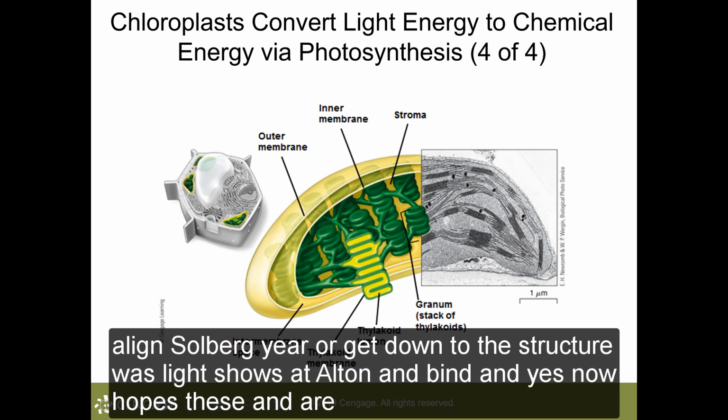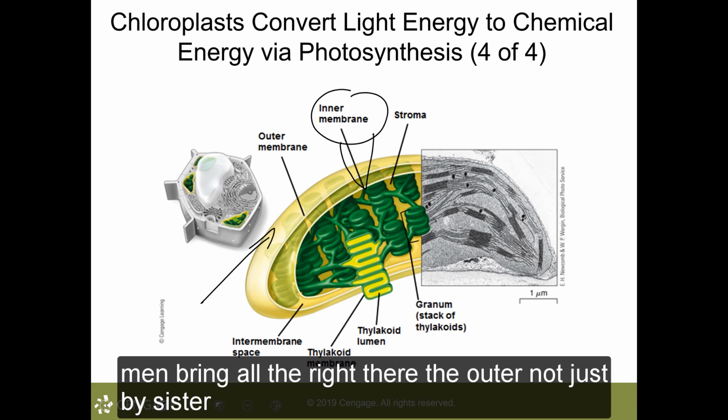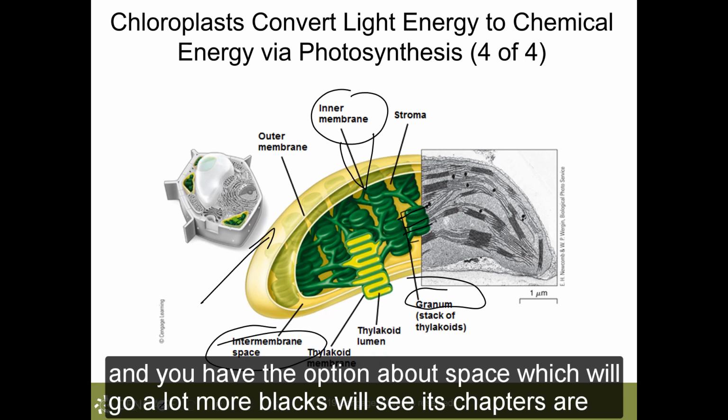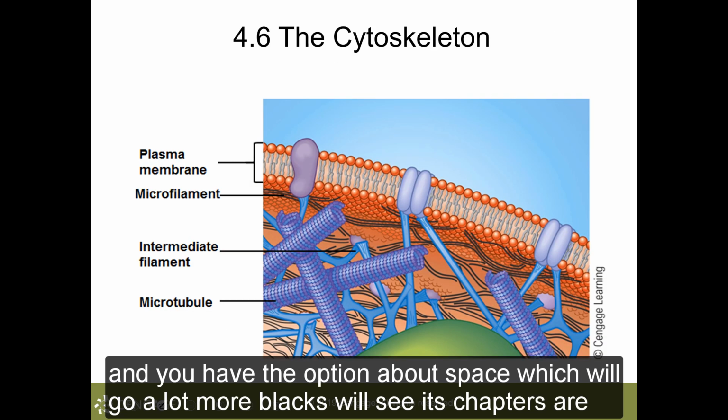So this shows that outer membrane, and yes, you now, I hope, see the inner membrane located right there. The outer membrane, I just mentioned, class, is there. And I mentioned the thylakoids earlier. I kind of drew lines like this. Those are the thylakoids, class. And of course, a granum is a stack of thylakoids, as your text mentions. And you have the intermembrane space, which we'll do a lot more with once we get to this chapter for study. We're not quite there yet.